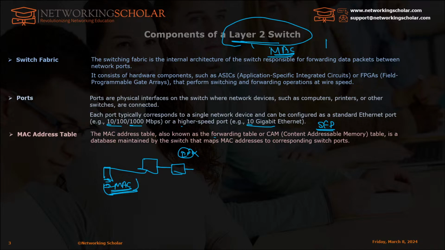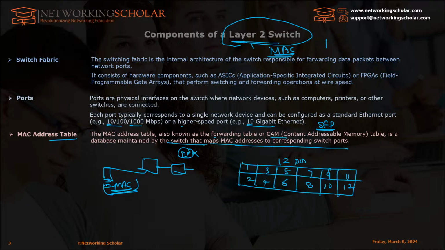I'm just trying to make a diagram. So here this is 1, 2, 3, 4, 5, 6, 7, 8, 9, 10, 11 and 12. These are the interfaces or ports. Suppose that something is connected: PC1 has MAC address AA, PC2 is BB, PC3 is CC, and PC4 is DD. Then how is it going to build a MAC address table? It will take a table like